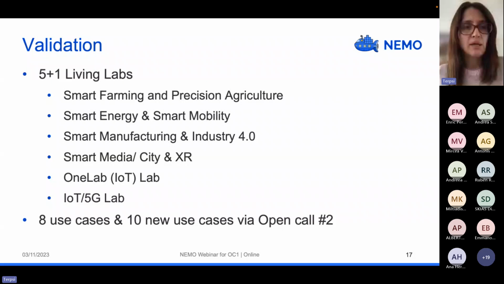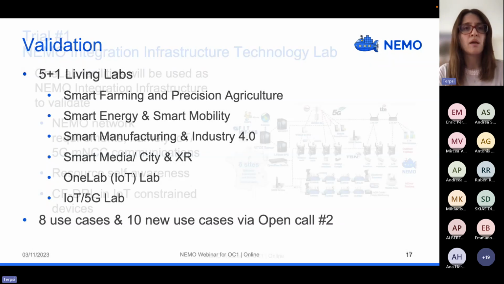This is done through use cases within NEMO, and we hope to extend those with an additional 10 use cases that will come into the project through the second open call.